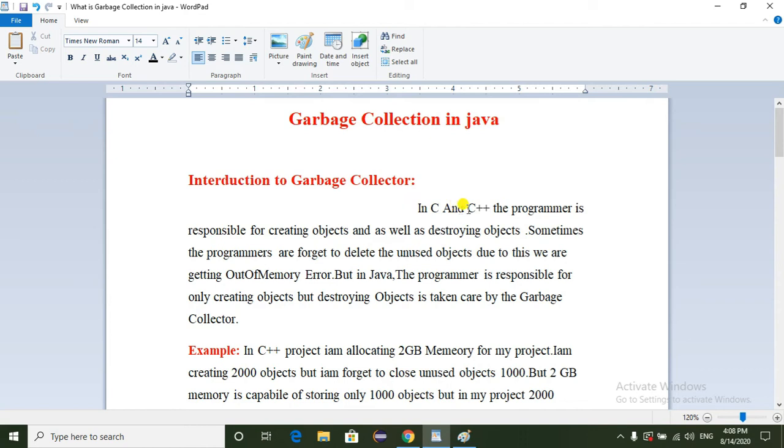In C and C++, the programmer is responsible for creating objects as well as destroying them. Sometimes programmers forget to delete the unused objects, and due to this we get the out of memory error. But in Java, the programmer is responsible only for creating the objects, while the destruction of objects is taken care of